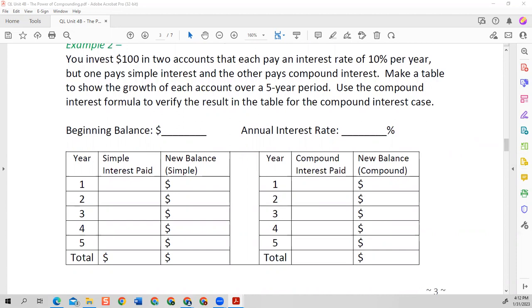All right, let's fill in this table. It says that you invest $100 into 2 accounts, each paying an interest of 10%. One pays simple interest and the other pays compound interest. Make a table to show the growth of each account over 5 years and use the compound interest formula. All right, so let's talk about it. The simple interest, we're going to,